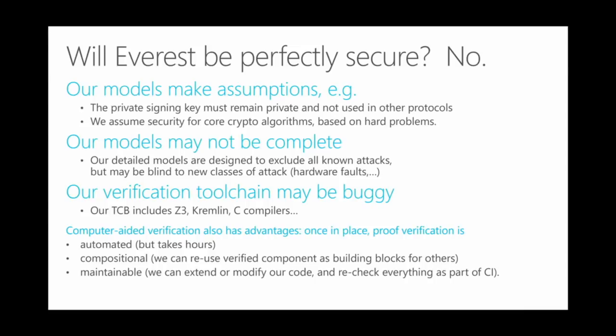The way in which you can get a proof to work at this scale is by breaking it up into components. And so verification is modular and compositional, meaning that you can take a component, say, a particular crypto construction that we use inside TLS and also use it in some other component, which is, for instance, our usage of TLS in QUIC, a great example of this. TLS was intended for use initially over TCP, but the same crypto protocol can also be used in a different setting like QUIC.